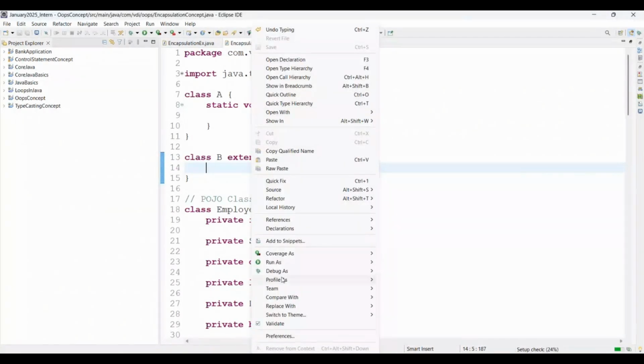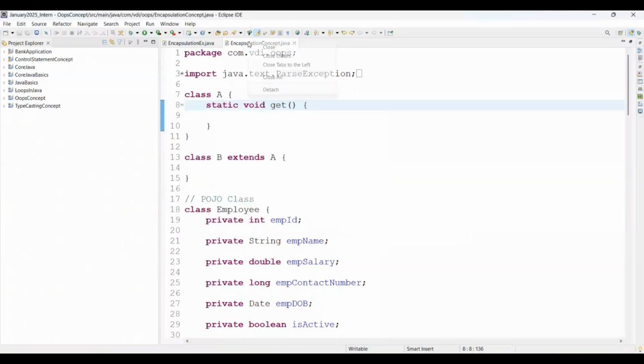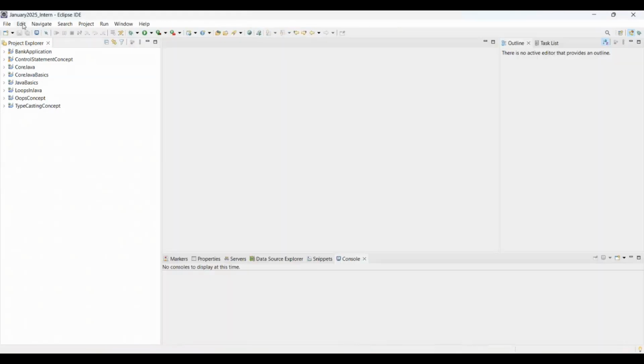I'm trying to close all the classes that were open there. Actually, we have the option available here, close all. Simply come to our project, the OOPs concept. In that we have a package like com.vdi.oops. Today I am creating a new package. The package name I'm giving here